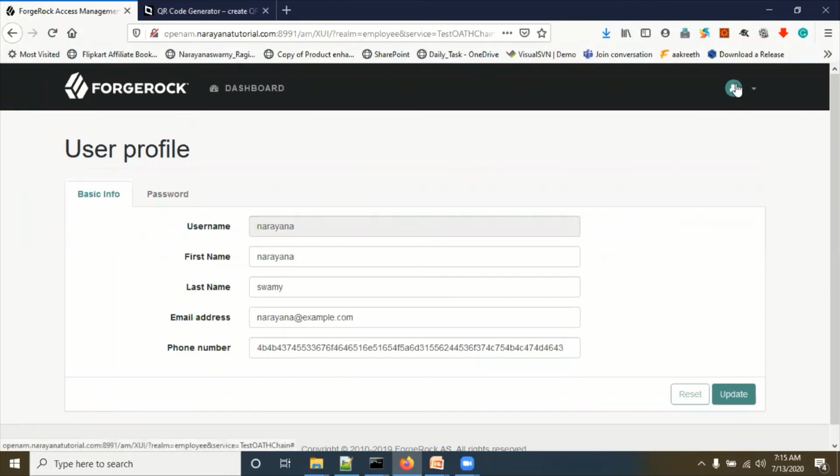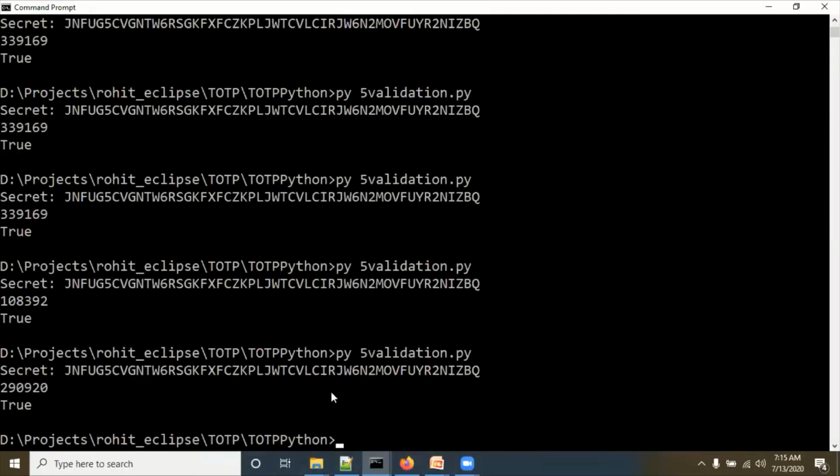Now one more time I will show you how to do this. We can generate the TOTP in two ways: by using the Python file, or in mobile. In the previous video I told you that we have to install Google Authenticator on the mobile.